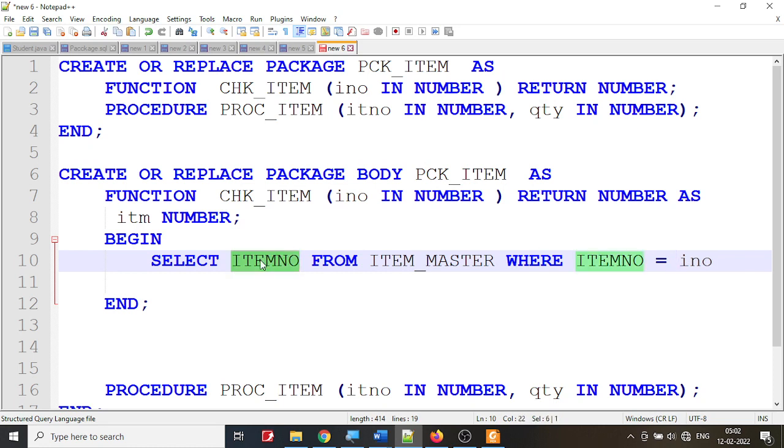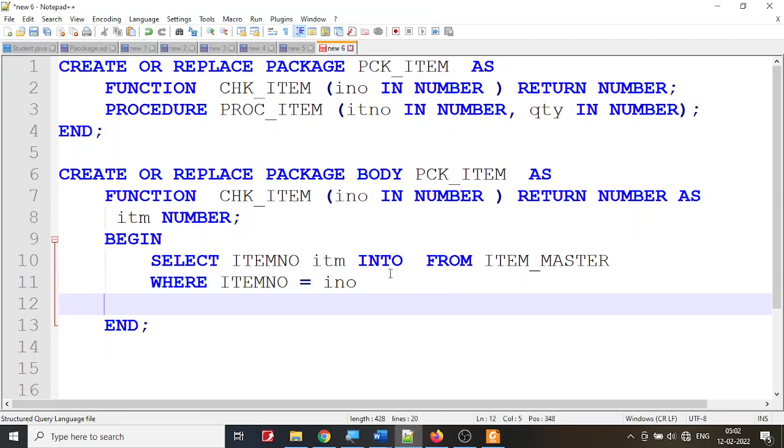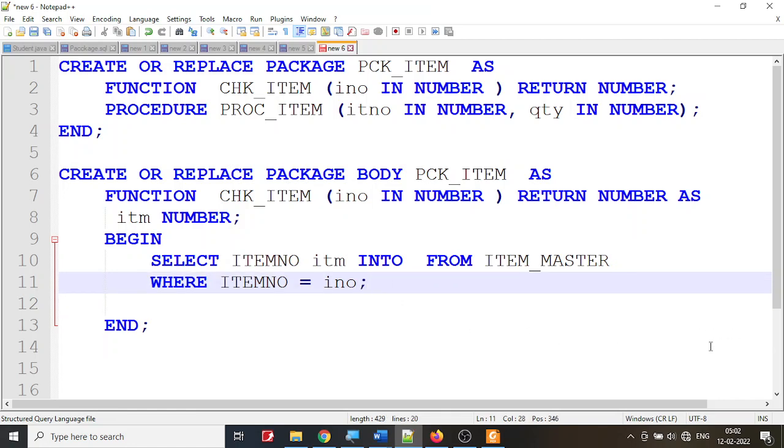So I'm just reading item number. I am going to say read item number into IT number, small variation, from the item master where this is the case. So just for your understanding, I brought it into 2 lines. So what I'm doing is I'm reading the item number into,